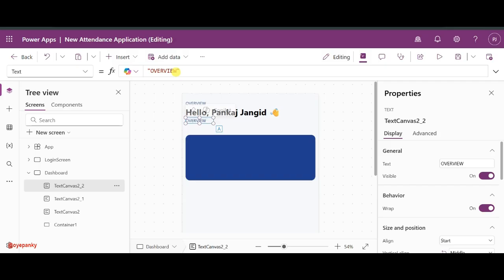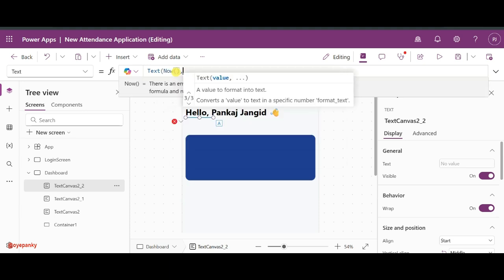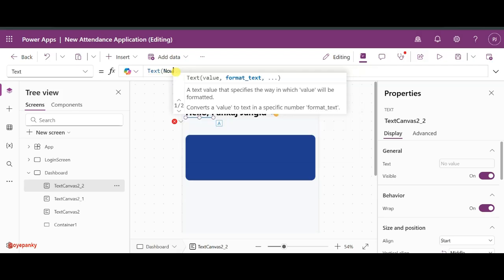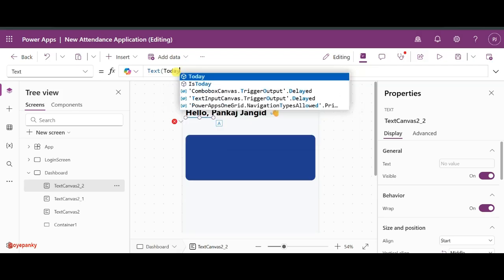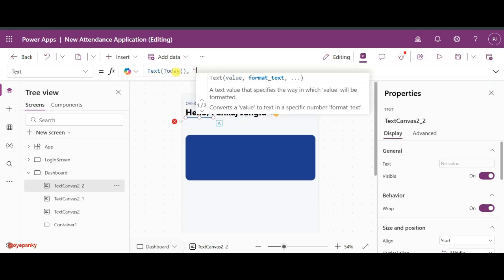Okay, so for the date we need to use the text formula first. In the text section you need to insert the current date and now formula, and I want the date in a different format. So you can insert the today or now formula, both if you want. Let's insert today, and I want the date format first. I want the day name, so I'm inserting this one, then comma, and I want the month name in